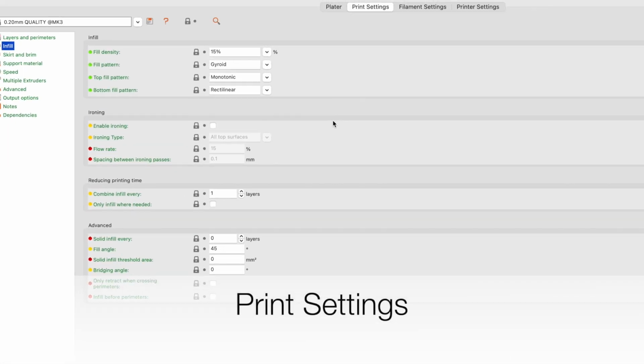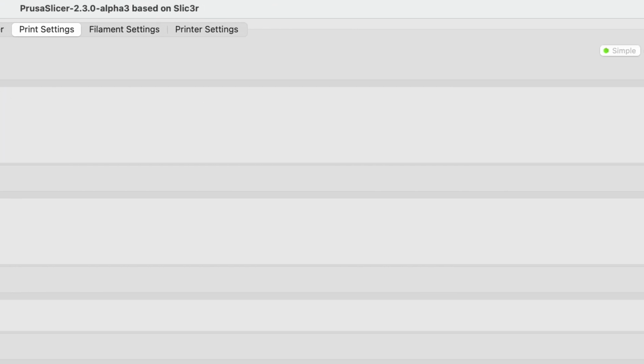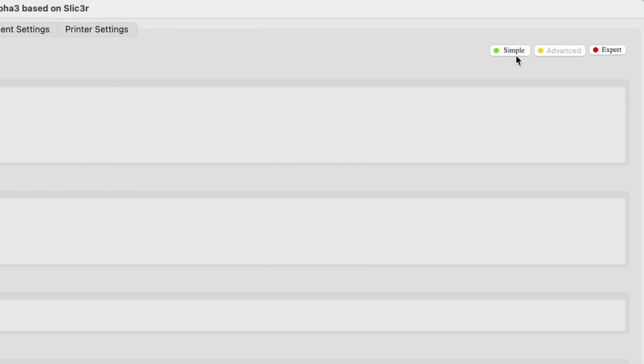Now for the print settings screen. Rolling over each item on the settings screens will give you a detailed description of each option. Also, notice the Simple, Advanced, and Expert mode. It's highly recommended that you do not change Advanced yellow or Expert red settings unless you have spoken with a